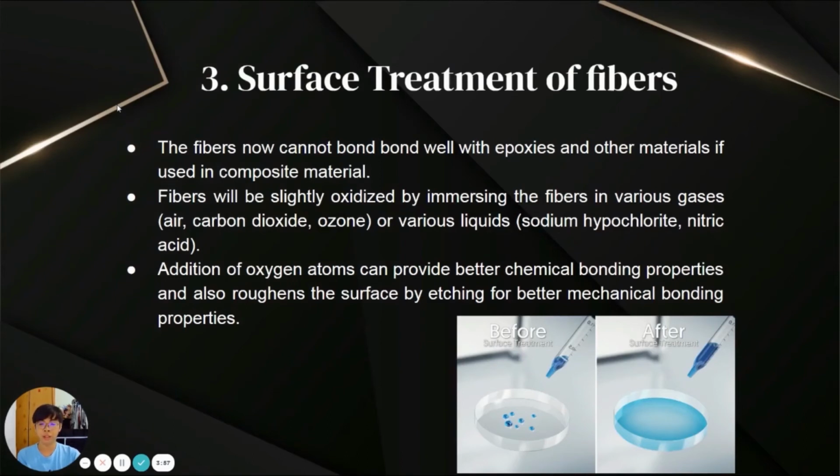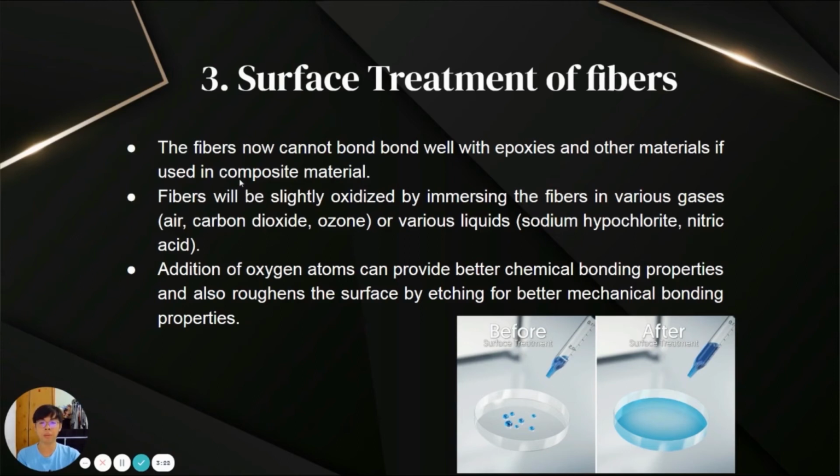Next, the surface of the fibers after carbonizing will not bond well with epoxies and other materials if used in a composite material. So the fibers will undergo surface treatment to improve their bonding properties. The fibers will be slightly oxidized by immersing them in various gases such as air, carbon dioxide, or ozone, or various liquids like sodium hypochlorite or nitric acid. The addition of oxygen atoms can provide better chemical bonding properties and also roughens the surface by etching for better